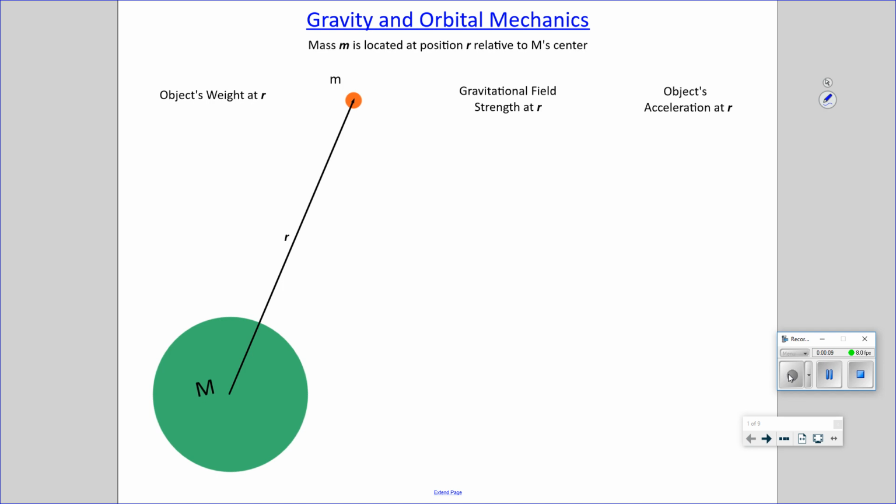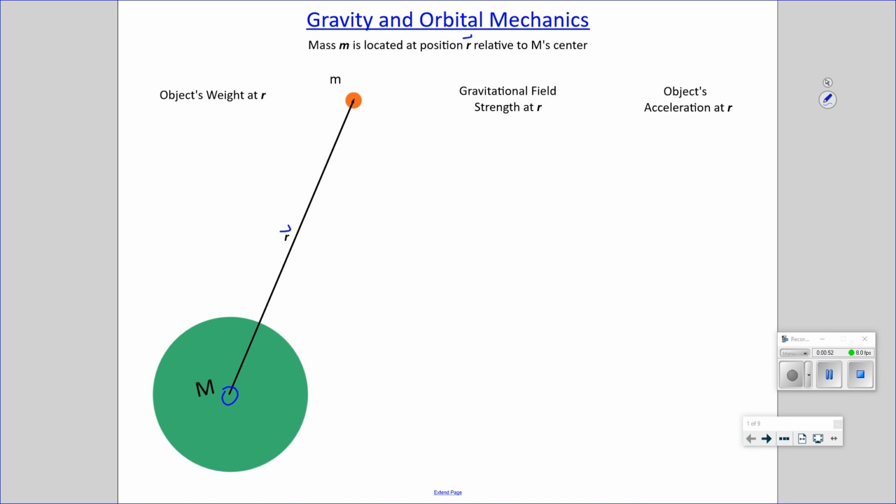We're going to talk, this is going to be the first in a couple of videos about gravitation at maybe what we can call astronomical scale, and that'll feed into orbits in an upcoming video. So, we're going to start saying there's a mass, little m, located at position R. R is a vector that defines the position of an object, in this case little m, relative to the center of, let's call it a planet with mass big M. Notice here's a vector R that defines the location.